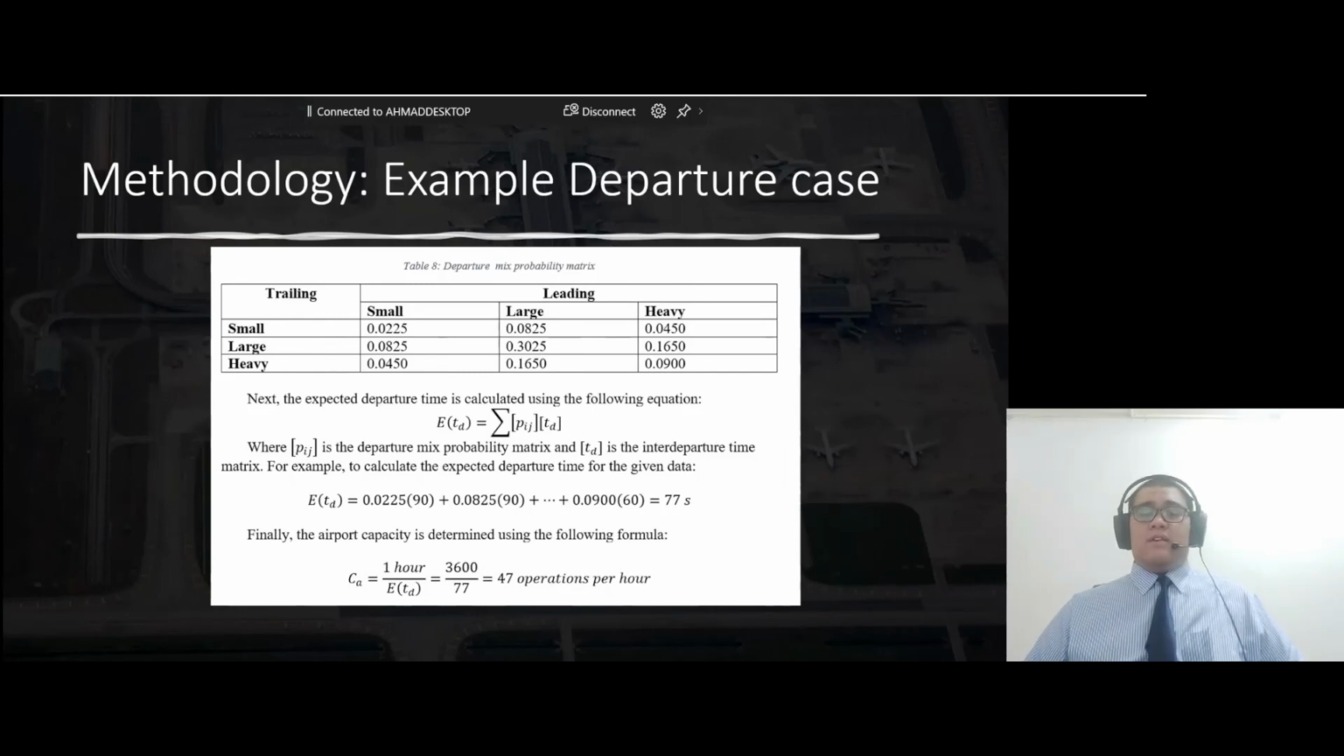So next is the departure case. The departure case is basically easier because in a departure case the planes are already on the ground, so it's easier to manage them in terms of time. So again, we calculate the mixed probability for the different combinations of aircraft, similar to the arrival case earlier. So we get this table, and next we simply calculate the probability